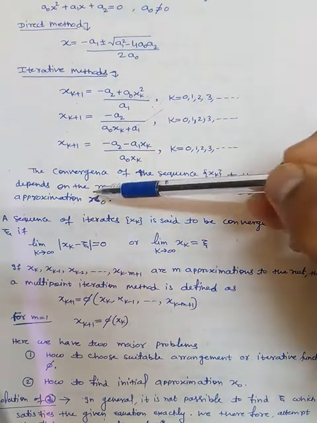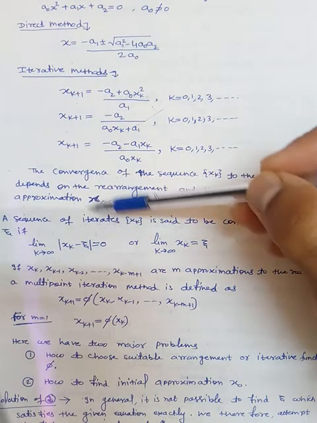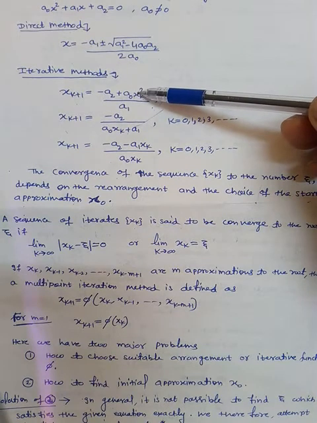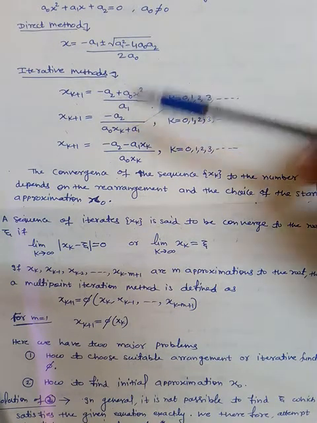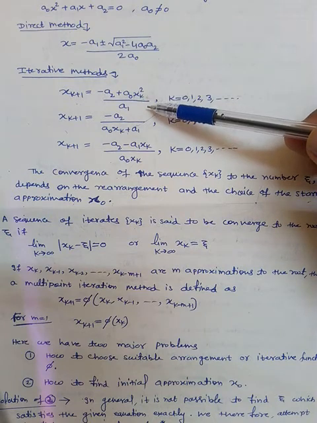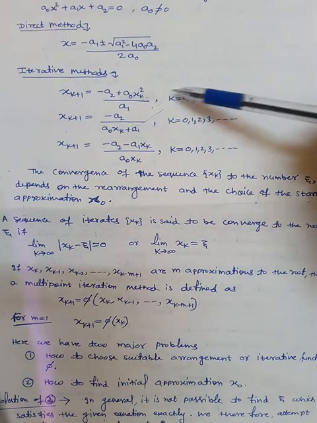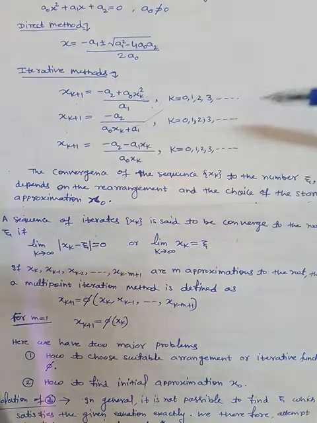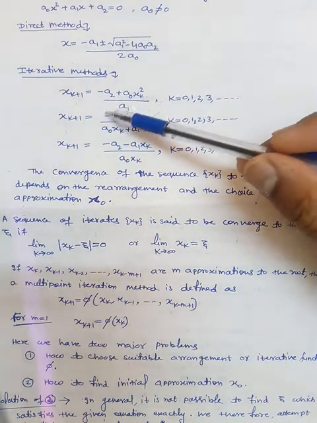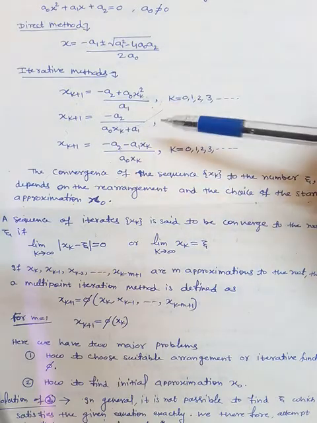Second thing is your initial guess x naught, because if x naught is near to the root होगा, तो number of iterations आपकी घट जाएंगी. But if the initial guess is very far from the actual root j, then obviously the number of iterations will increase. Okay,